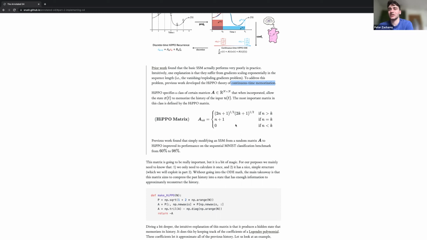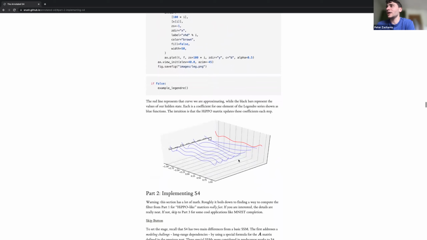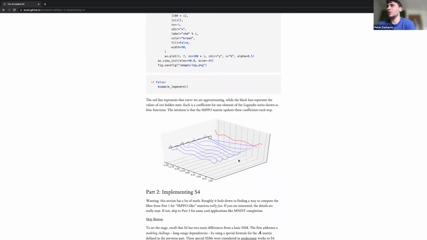Which means that your hidden state will actually let you reconstruct your inputs, which means that you could get information that's 16,000 steps behind, because that's what this matrix is designed to do. And the reason why, if anyone wants to know, is essentially that what this matrix does is